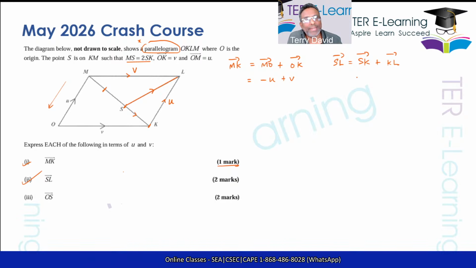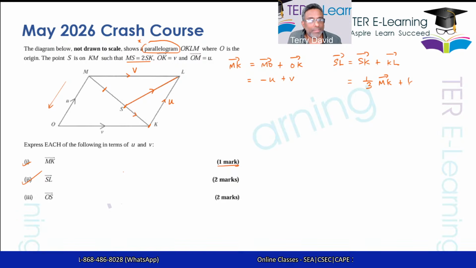S to K, K to L. Now, what is the vector SK? According to the diagram there, SK is actually going to be 1 part out of the 3, because that line MK could be divided into 3 equal parts. So SK is actually 1/3 of the vector MK,